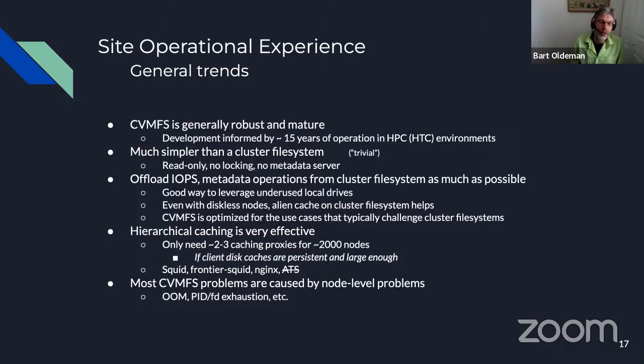There are sometimes CVMFS problems that are caused by node level problems. You can get an OOM, out of memory problem. I mean, it is happening in user space, so it can be killed by the OOM killer. Sometimes there is exhaustion of file descriptors or PIDs. And